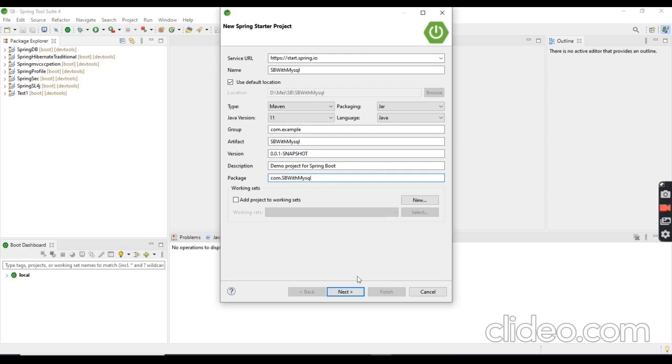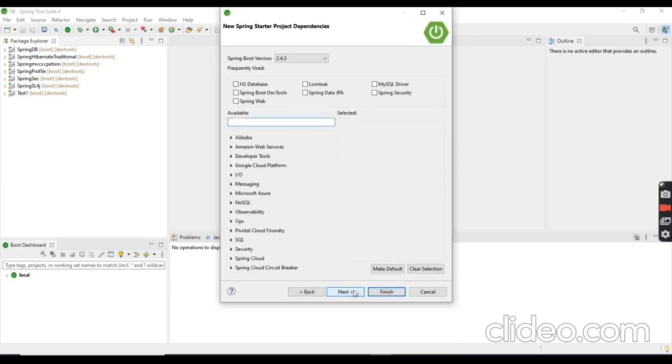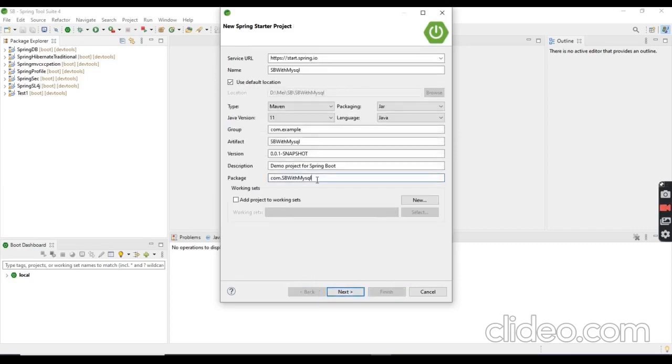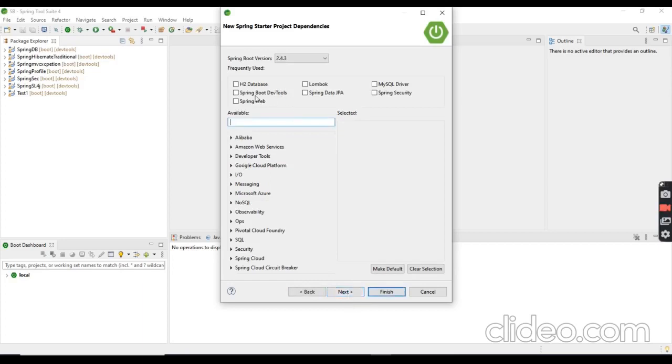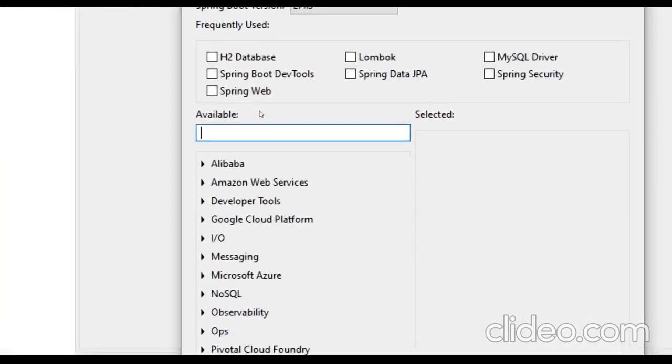Okay, click next. I think the package name is not good. I think we are giving the class name and the package name the same, so I want to change it to SP MySQL. Yeah, it's perfect.